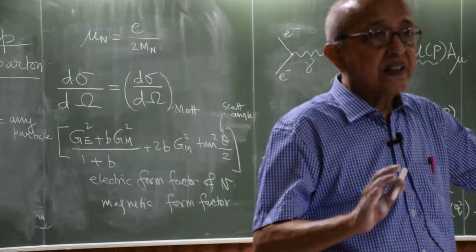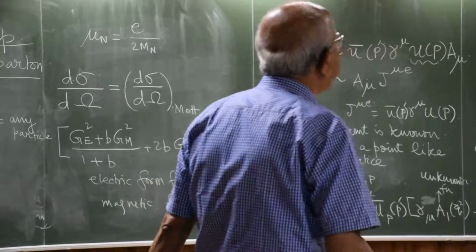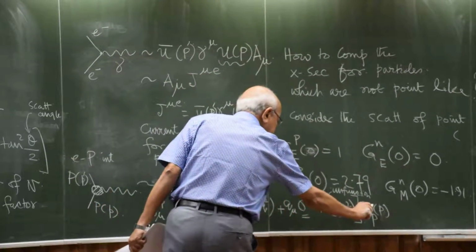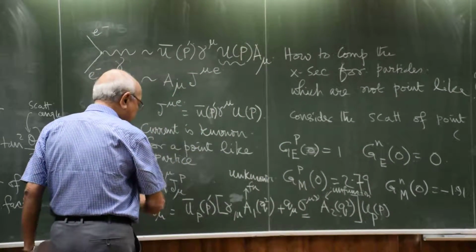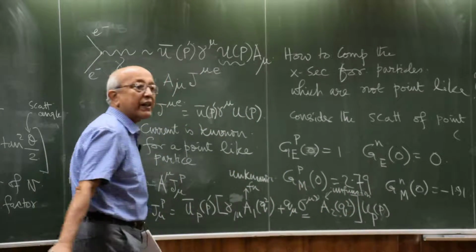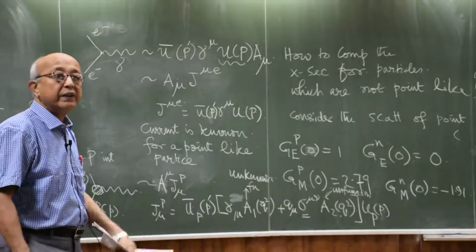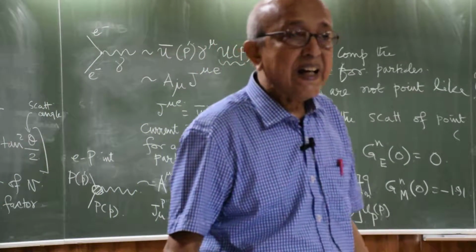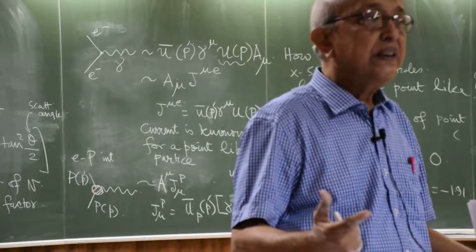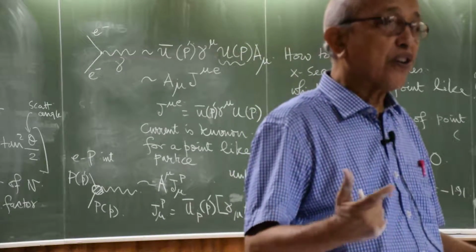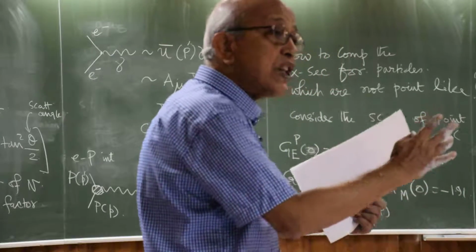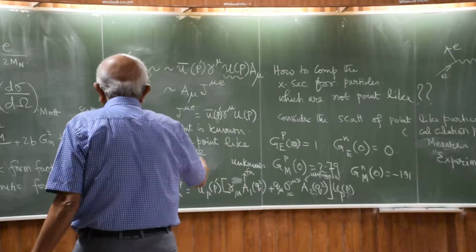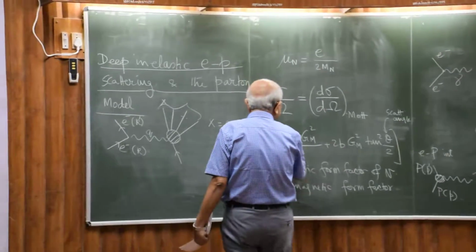Is it clear? That I could not calculate this because I don't know the proton current. Okay. So I parameterize the proton current, plug it into the formula for the scattering cross section, and then I can calculate using the rules of quantum field theory. Alright, but the calculation will involve these two unknown functions, and a linear combination of these two unknown functions are this GE and